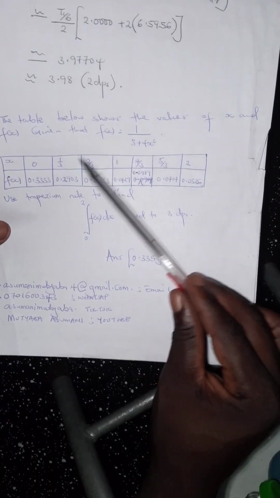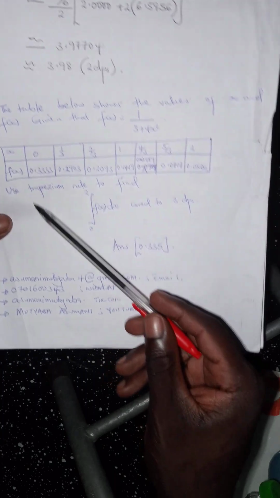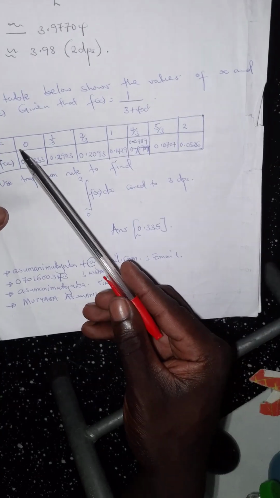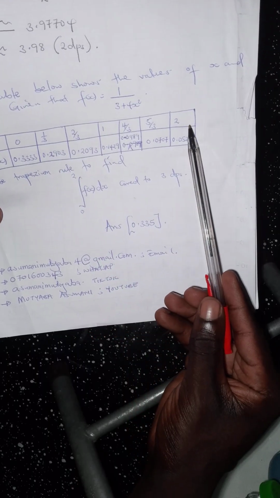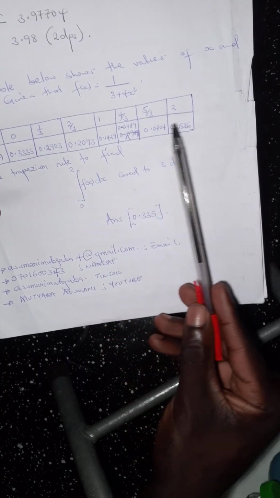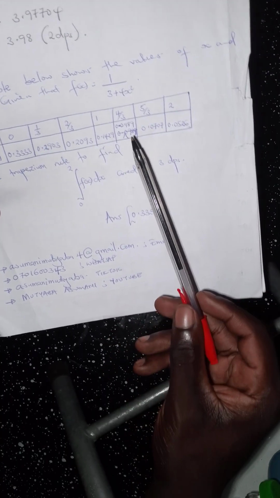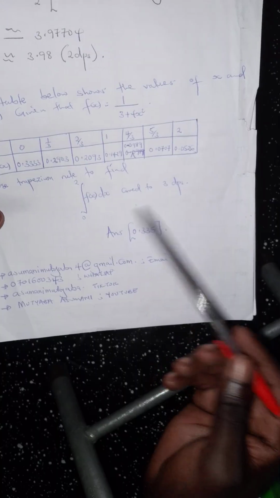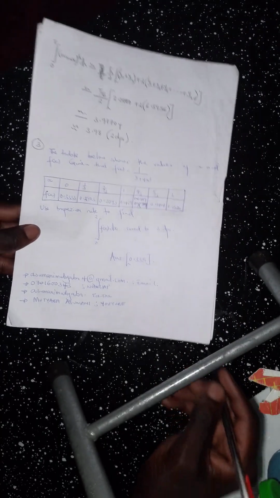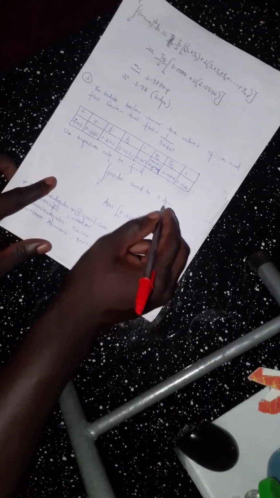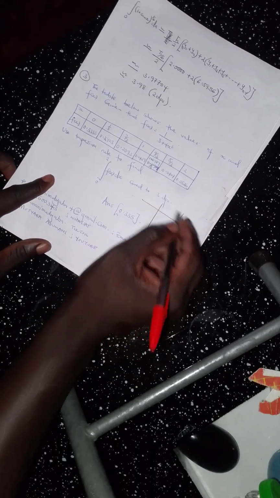You redraw this table and you put the x values separately, then the y values separately. The first one is a 0, the last one is a 2. So we add this and this separately. Then all these other middle x values, we also put their y values aside and we work out. So this is what we are referring to after drawing,